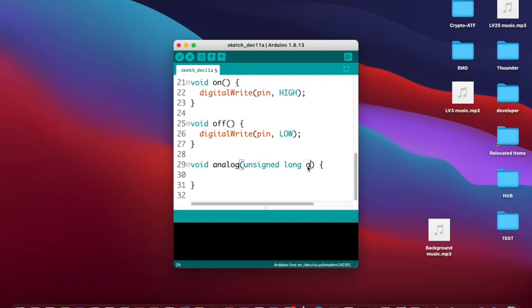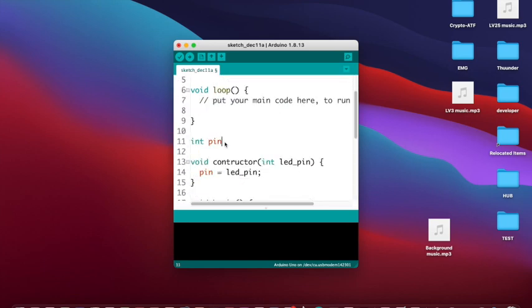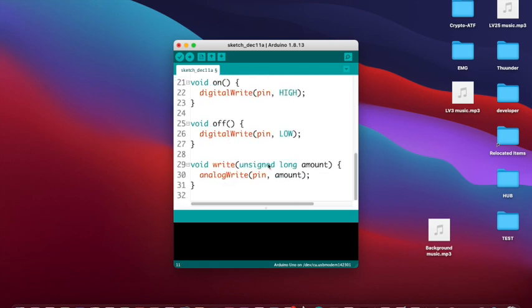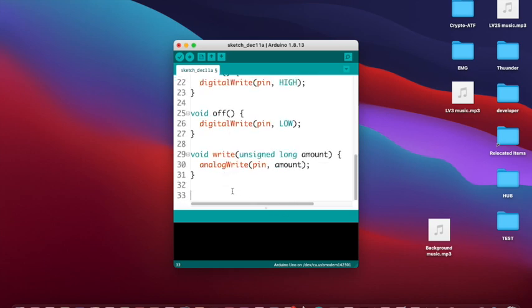And that there is going to give us the write. Or actually, I think write would be better. Unsigned long amount. And this here we'll use analog write the pin as the amount. And to make sure that my spelling is not wrong, I go like that. Now, what we're gonna do here is int pin. Okay, there we go. And maybe in another video, which this is gonna be probably a series of 3 videos,